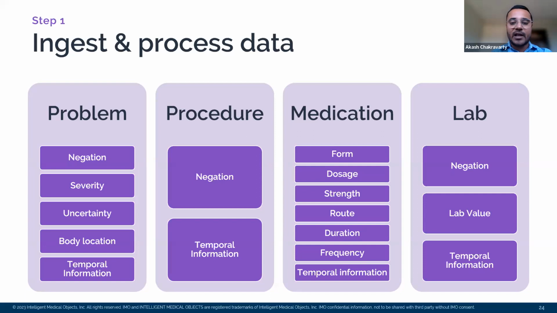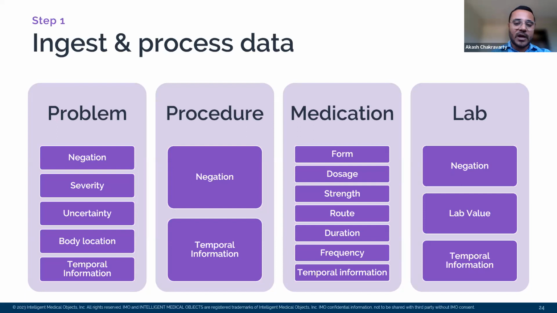Severity is used to identify the level of acuity of the concept. Then we also have uncertainty, which is a form of assertion status that helps the user determine if a term should be added to a patient's record or not. An example of uncertainty within the clinical domain would be the mention of the patient possibly having a headache or some sort of disorder. Body location identifies the body site of the term, and we also have temporal information, which identifies time intervals relating to extracted entities. For the procedure domain, we can identify negation of a term as well as temporal information.